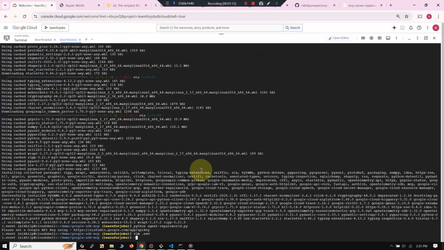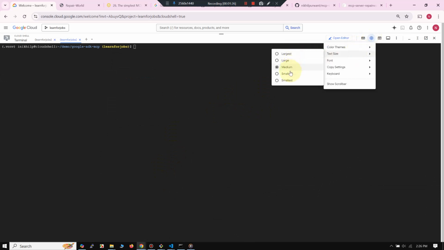I'm using vi, but you can use the editor that you are comfortable with. Alright, so I have just updated the API key. Now let's go ahead and run the agent. In fact, let's clear the screen, and maybe I'll increase the font. So let's make the text size a little larger here. Alright, so Python